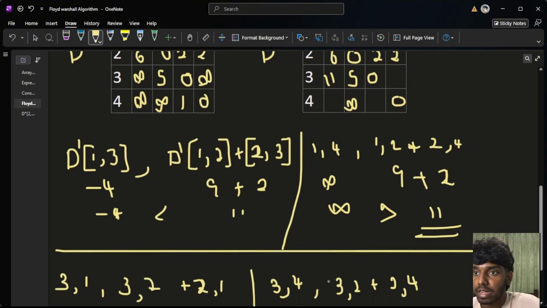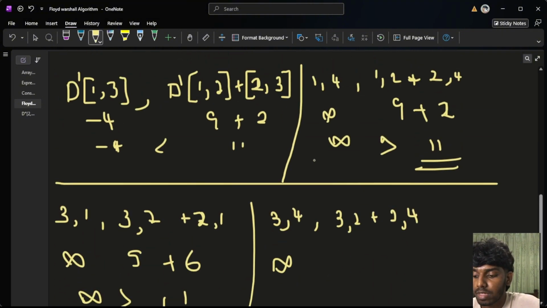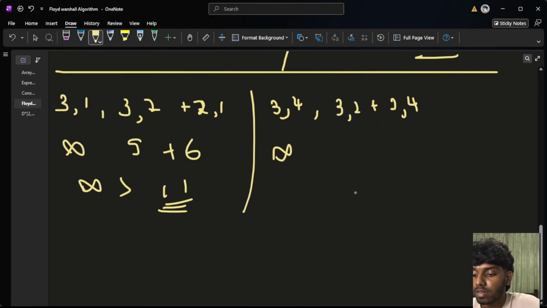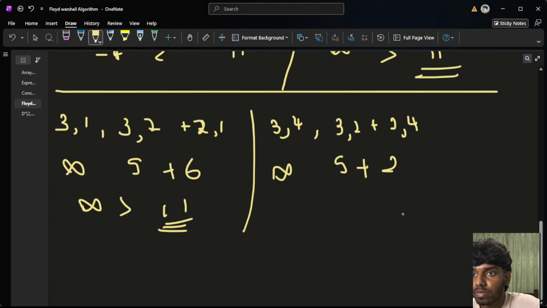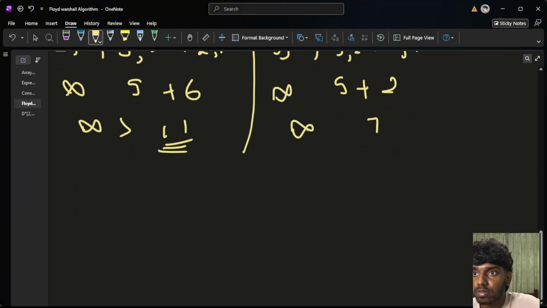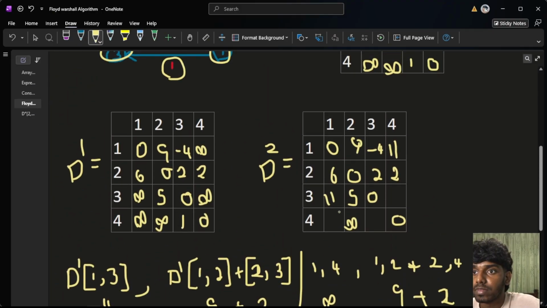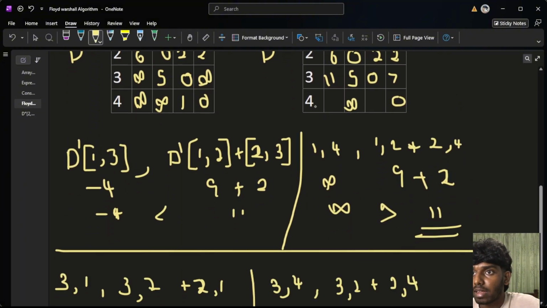3 to 4 would be infinity, and 3 to 2 would be 5, and 2 to 4 would be 2, so 7 is the shortest, so the 7 goes right here. And the last one,